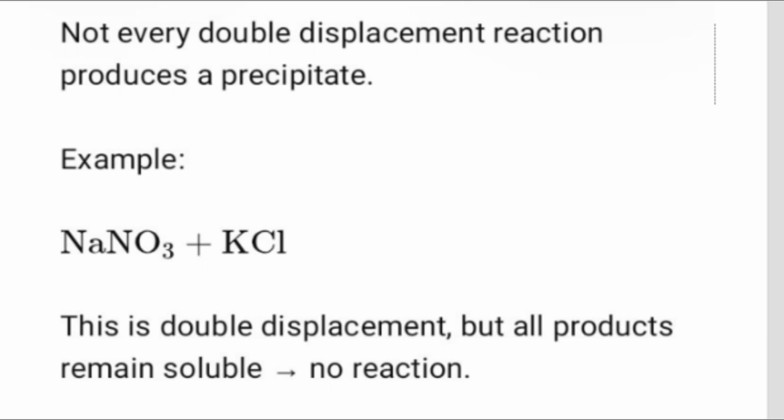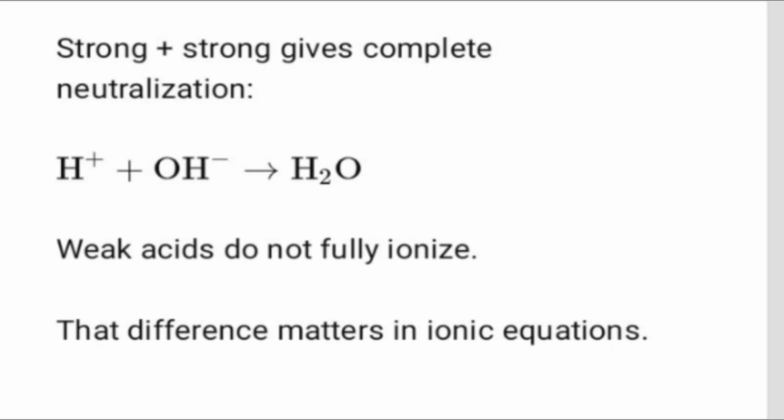Another confusion is the difference between the reaction of a strong acid and a strong base, and that of a weak acid and a strong base. These are two reactions. The first one is strong acid plus strong base. The second one is weak acid plus strong base. What you should know is that strong plus strong gives complete neutralization. When a strong acid and a strong base react, there is complete neutralization. For example, hydrogen ions plus hydroxide ions form water. Weak acids do not fully ionize, so that difference matters